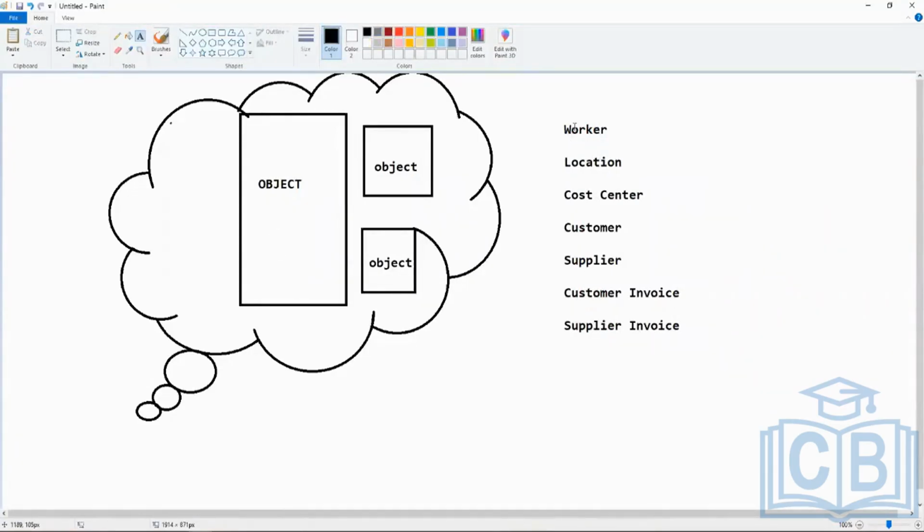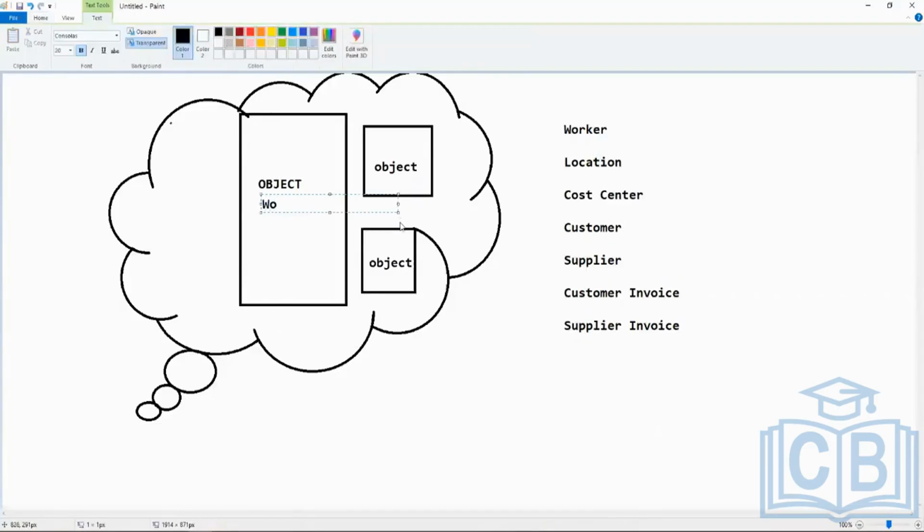Each object has different attributes, which we call fields. A worker business object, for example, will have different fields like first name, last name. Right? Even cost center is part of it.